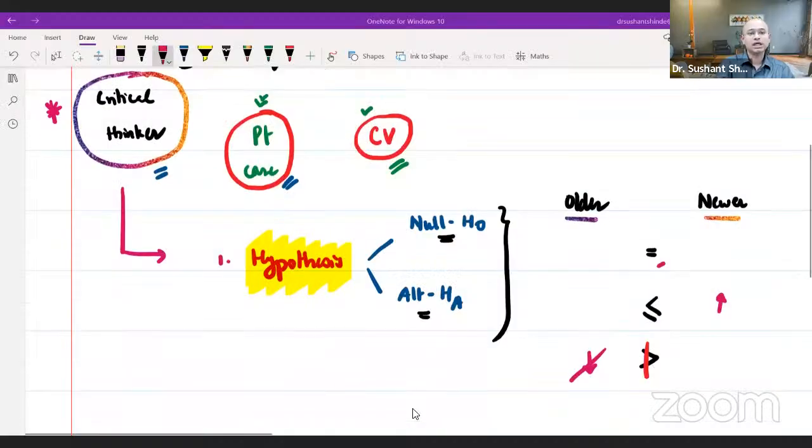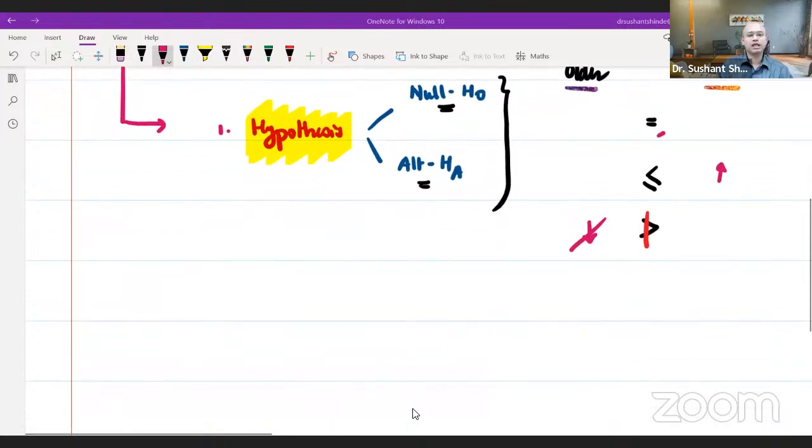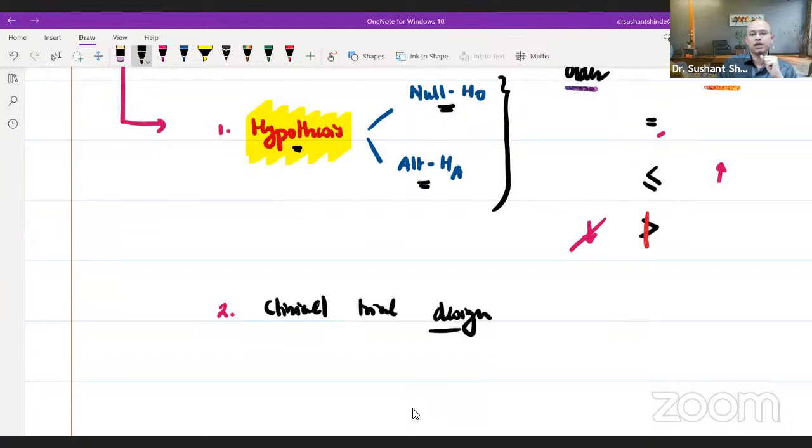So I think one of the big reasons for me to understand research is to go into critical analysis, and one of the big parts of that critical analysis is hypothesis. Another part of critical analysis, and I'm speaking right now to those who have already entered into doing the research part: how does your critical analysis work? You should be able to make a hypothesis. Second, you should be able to understand clinical trial designs.